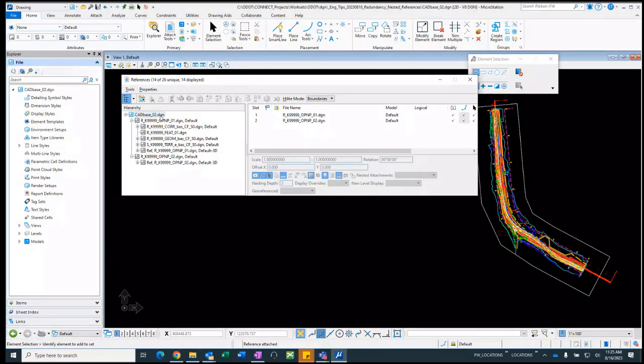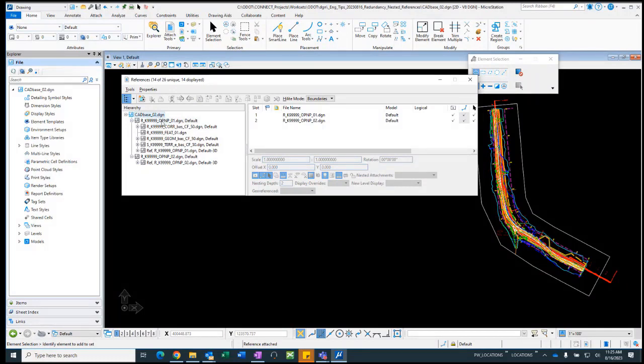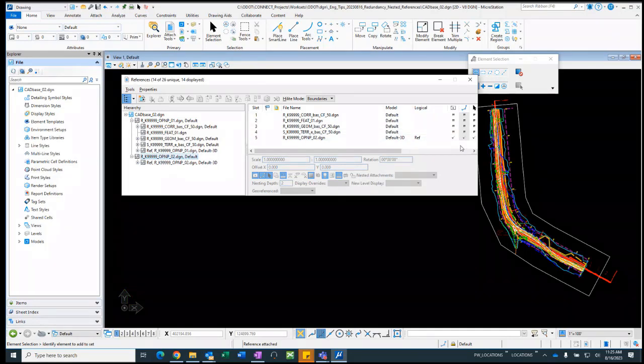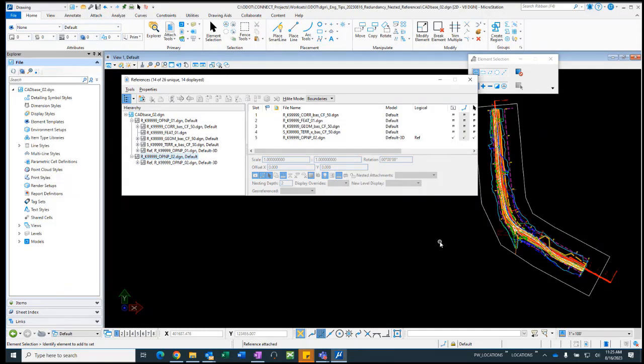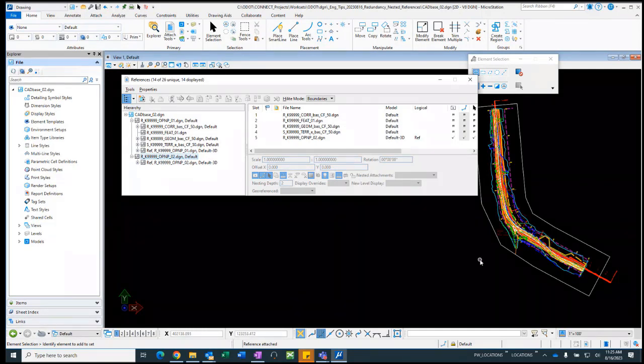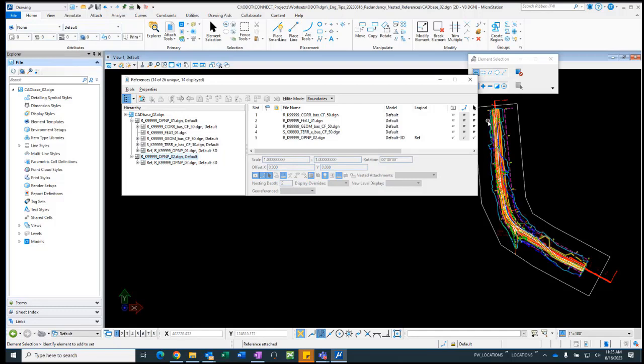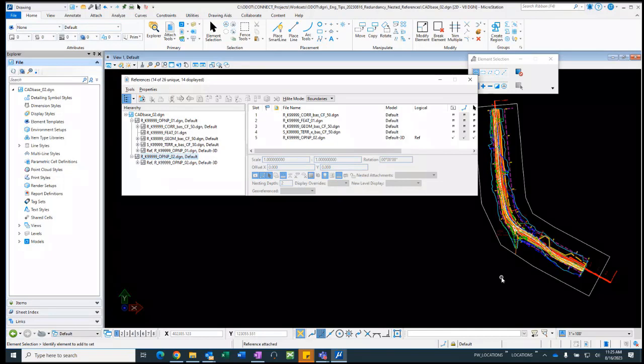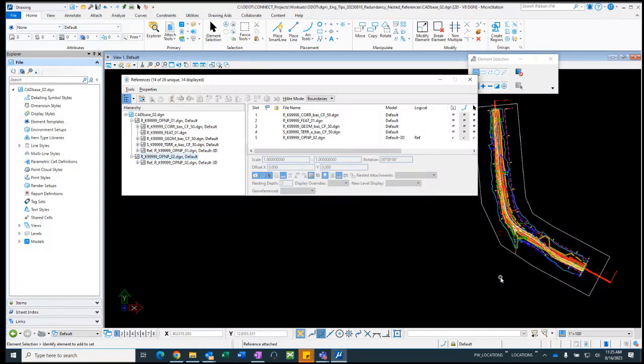I still have redundant references. If I look at the OPNP 1, I can see all of the container files attached, but if I look at the OPNP 2, those are all determined to be redundant. Now, what if I wanted to remove the redundancy? Maybe I wanted to create a clipping boundary where in the north area, I wanted to display certain levels, and in the south area, I wanted to display other levels. That's a great way to use a clipping boundary to both remove the redundancy of those nested references,